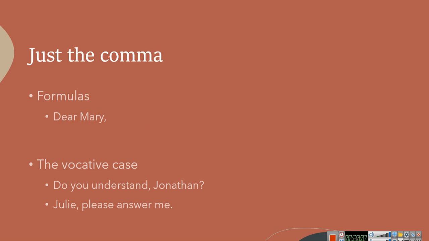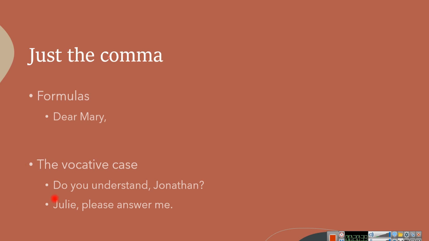Out of these 4 usages that I have addressed, the most important and the one that I want you to remember the most is the vocative case, because the vocative case tends to be the comma where it must be there. It's clear that we need it, but sometimes we forget about it. So what is the vocative case? The vocative case, we use it when we are addressing the person we're talking to.